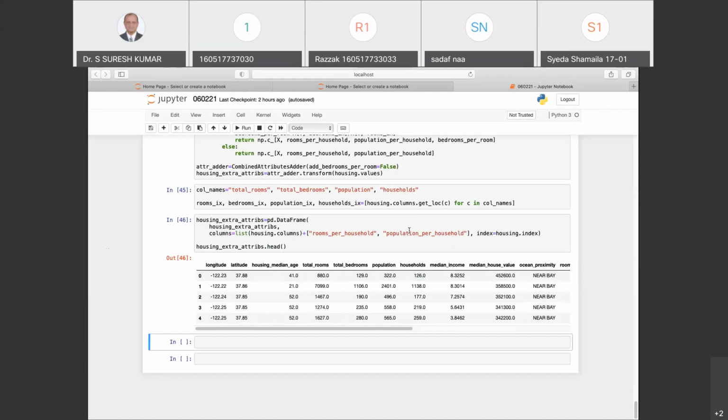See, here we have total rooms. Just see how many total rooms there are. What is the minimum value? What is the maximum value? It starts from some single digit to around 39, 40,000. That's what I remember.